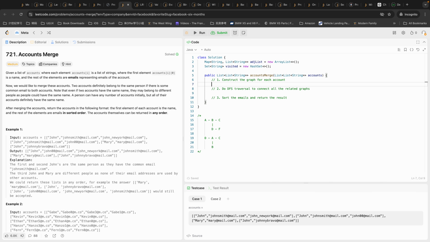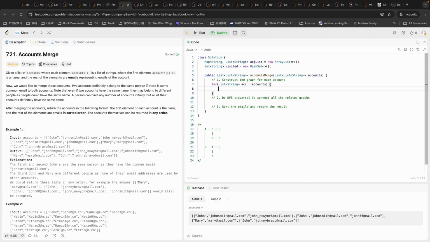And first thing, we need to construct the graph for each account. So we traverse through the account. As I said, we can construct them in a star manner. So we will just need the first email of the account to do this. So account first email,